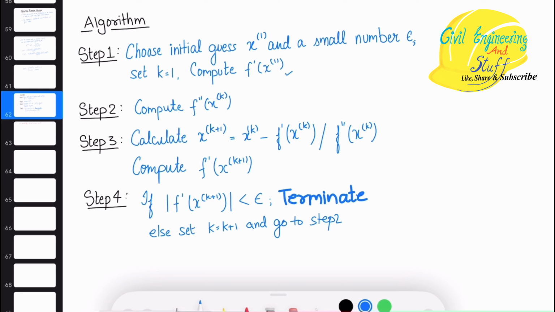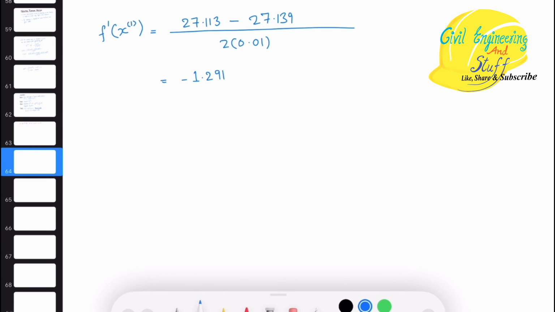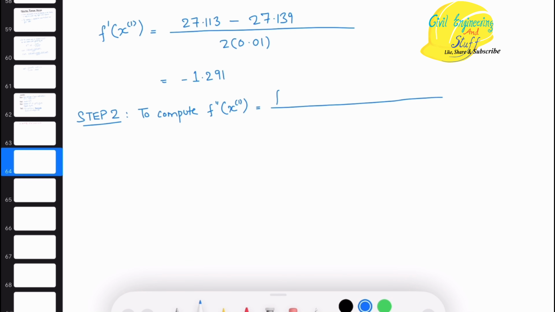Let's find out the second derivative of f x1 to complete our step 2. Right, now we will do step 2, that is to compute f double dash x1. Alright, so what is the formula for this? The formula is f of